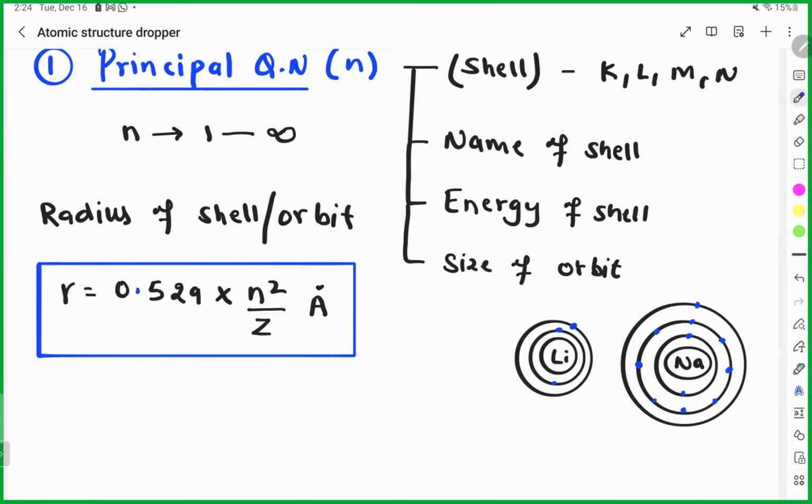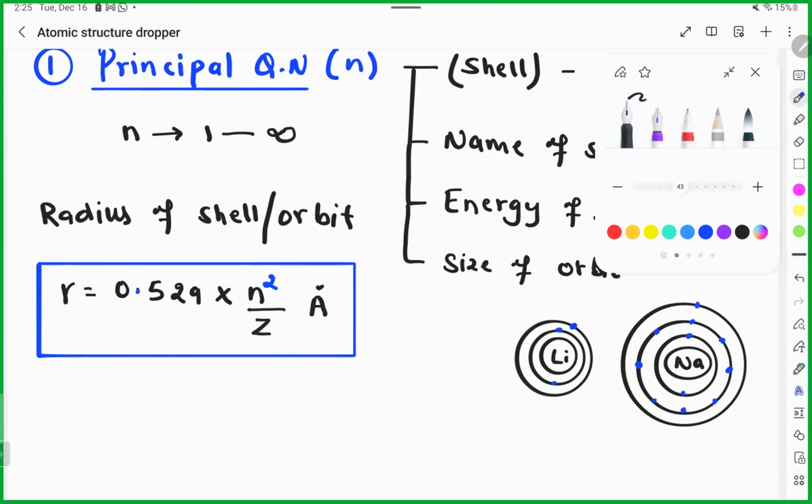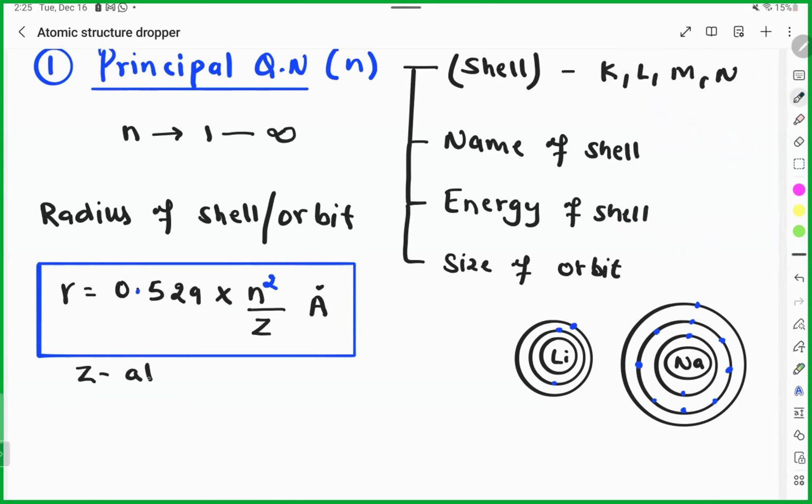Number of shells. If you increase the shell, then the radius will be more, logically. Correct? If you increase the shell size, then the radius will be more. And Z is the atomic number. So when Z is more, atomic number is more, there will be more attraction, and more attraction means smaller size. So you can logically say more number of shells, bigger size of the atom, right? More atomic number means more protons, more attraction, size will be less. And there is a minimum size, a standard size, that is